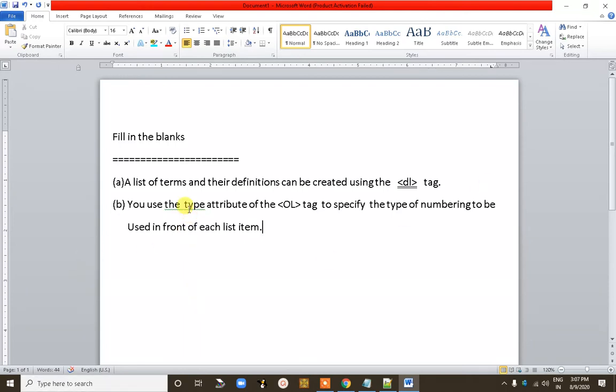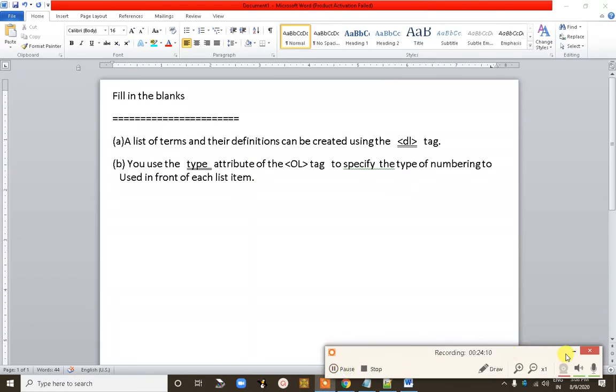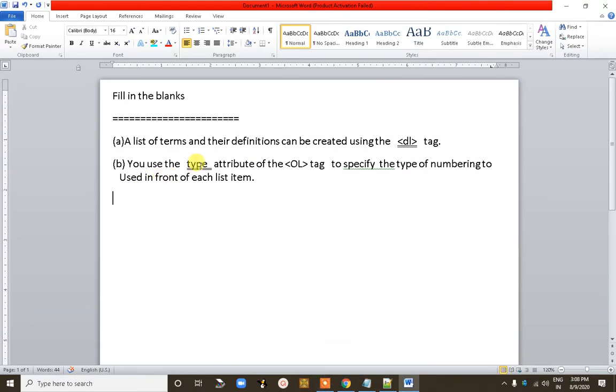So here we use the type attribute. The right answer is type.